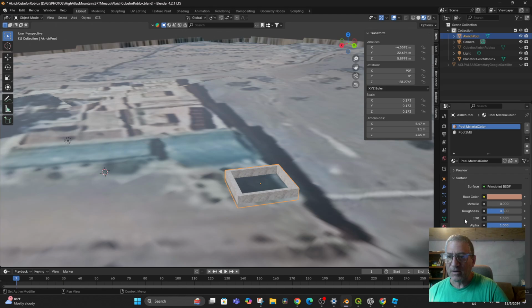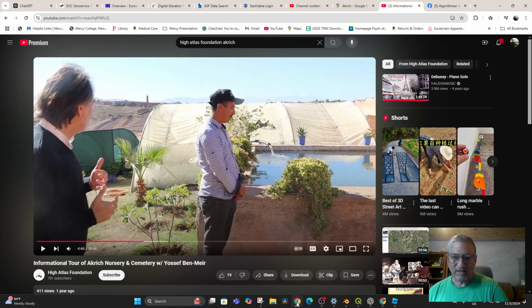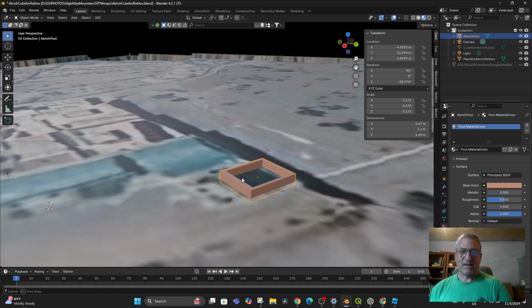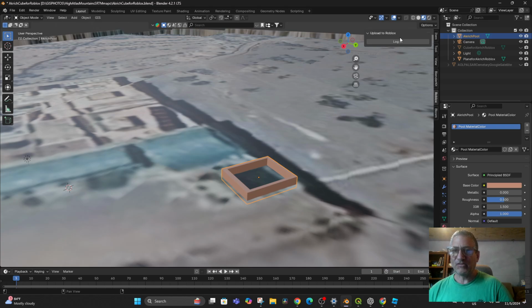Yeah, it doesn't show up in there. And there's got to be a way to blend them and to tint them, but I don't have that yet. So I'll just take this out, and that gives me a color that is more like the video. And having this color now, I can go into my Roblox, log into Roblox,